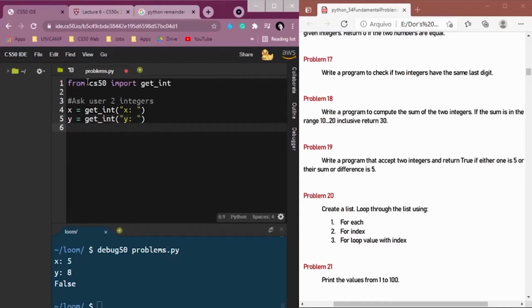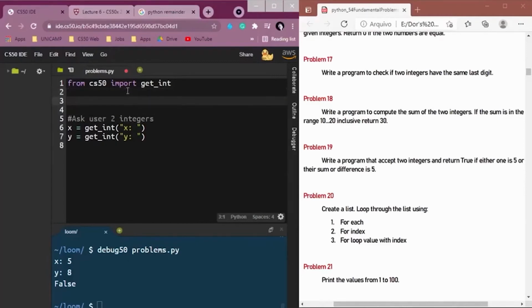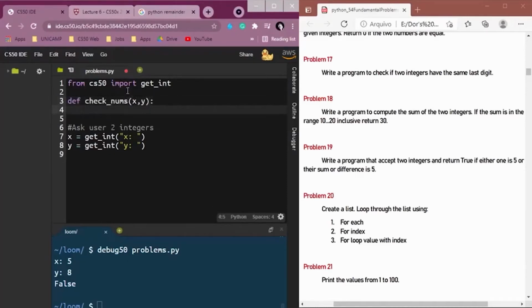And now we're going to write a function that is going to do this for us. So we're going to compute the sum of two integers. If the sum is in the range of 10 and 20 inclusive, return 30. So we're going to define here check_nums, okay, x and y as input. And what are we going to do? We're going to check the sum. So sum is equal to x plus y. Okay, and we're going to check if the sum is in the range of 10 and 20 inclusive, because if it is,